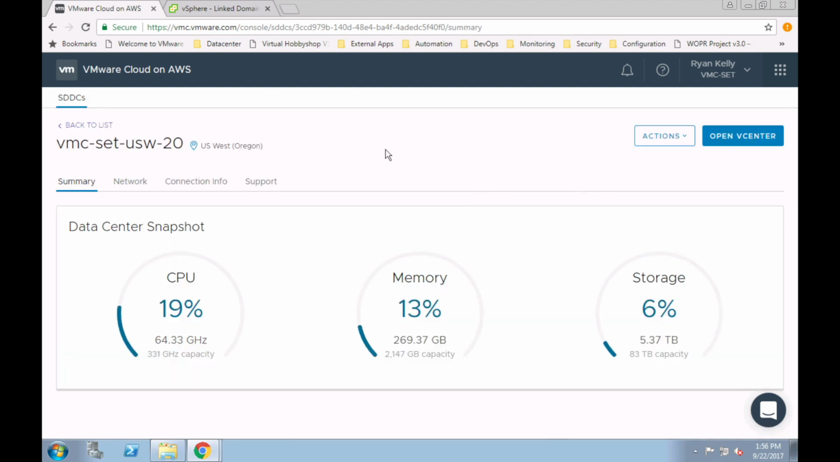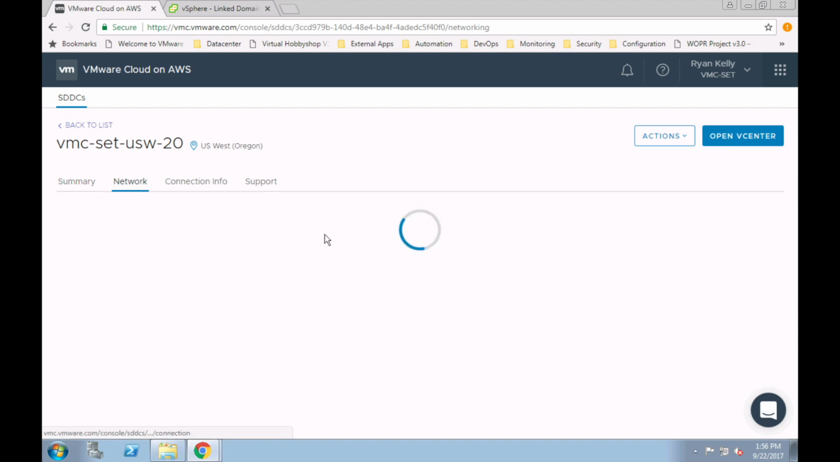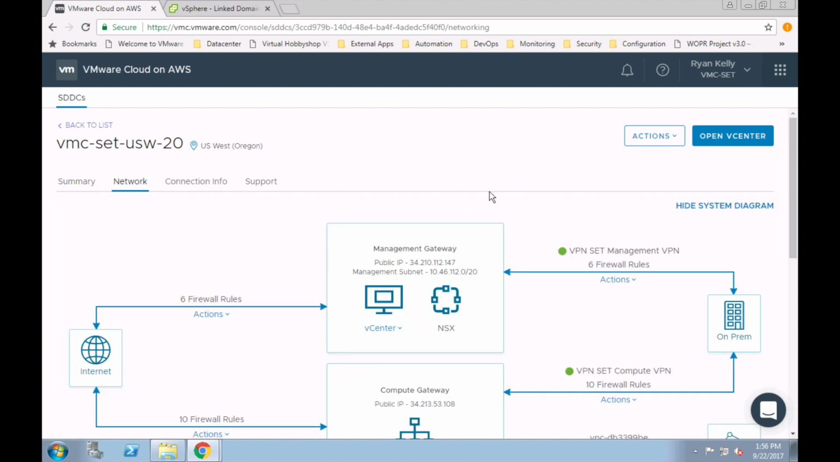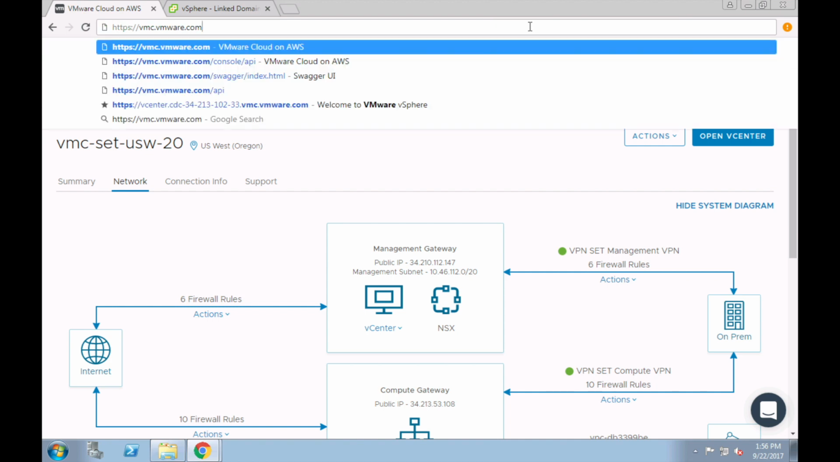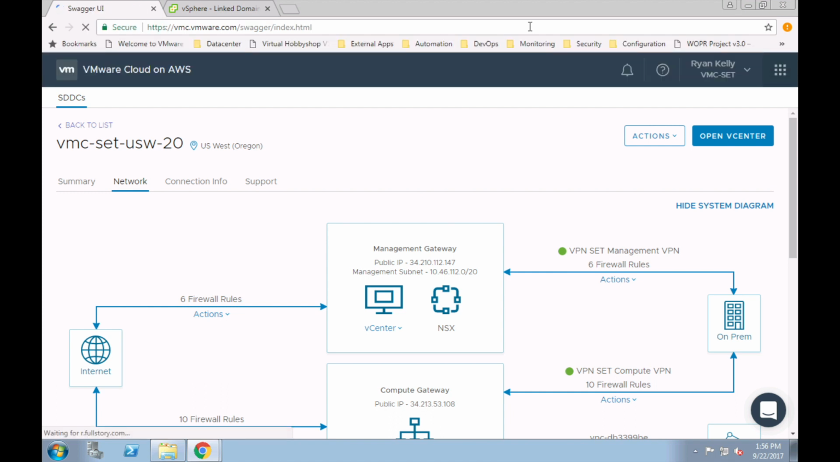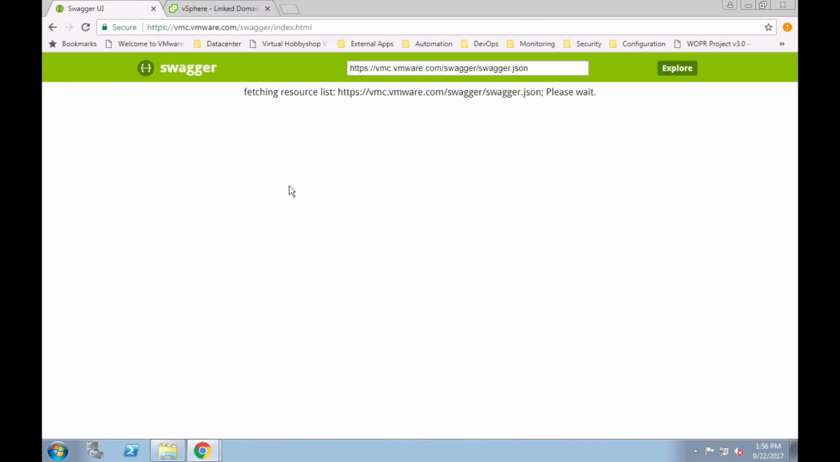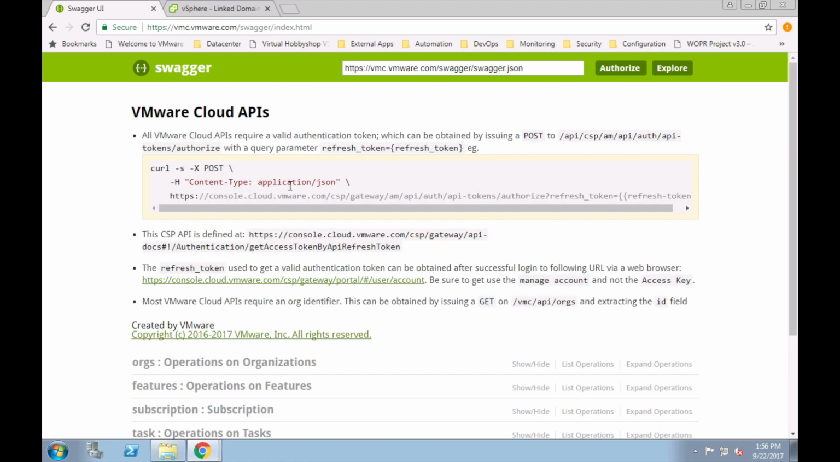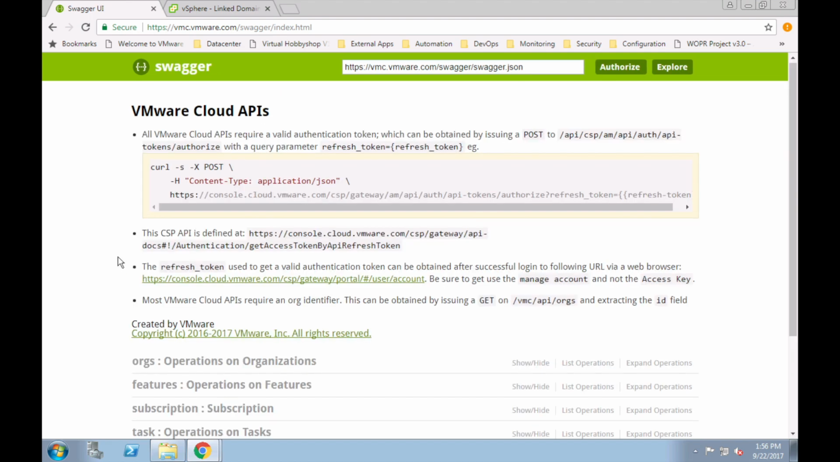And then all of this functionality that you see in the UI, so being able to configure your network firewall ports, create SDDCs, add additional hosts and clusters, also has an equivalent REST API. So if you go to the same URL that I'm on and then just do /swagger/index.html, you'll be able to see the list of available REST commands and their corresponding get and post API calls